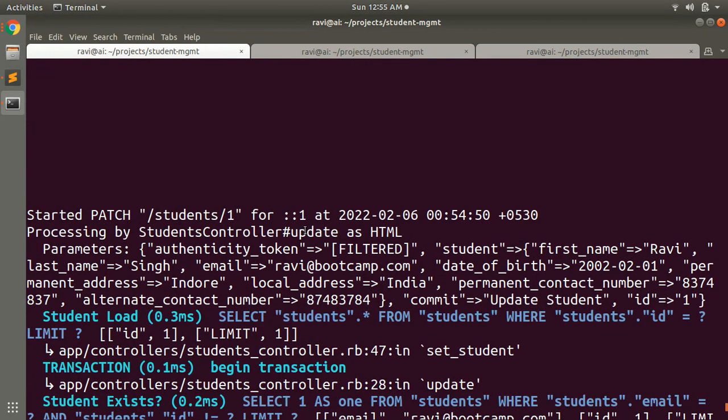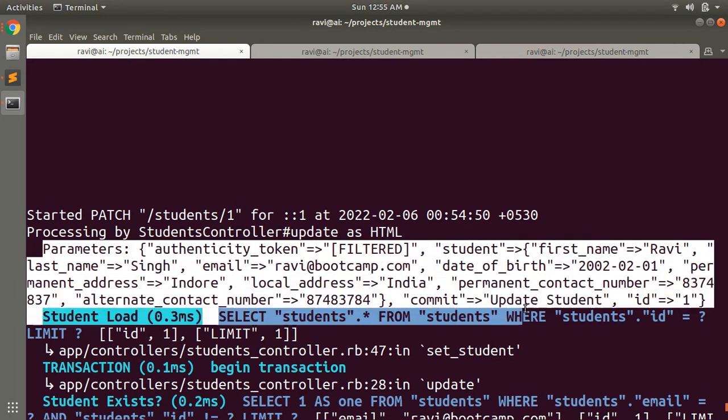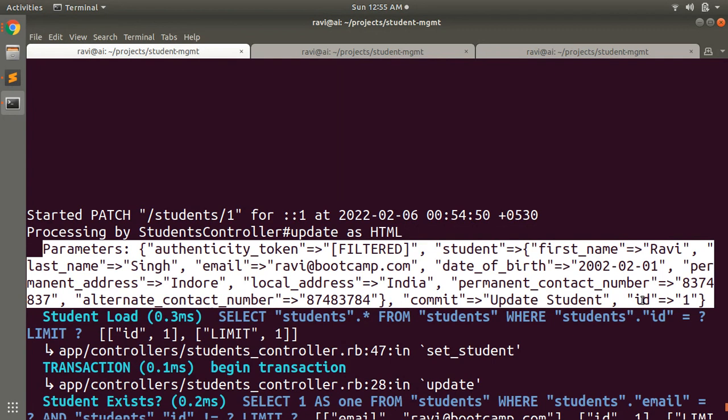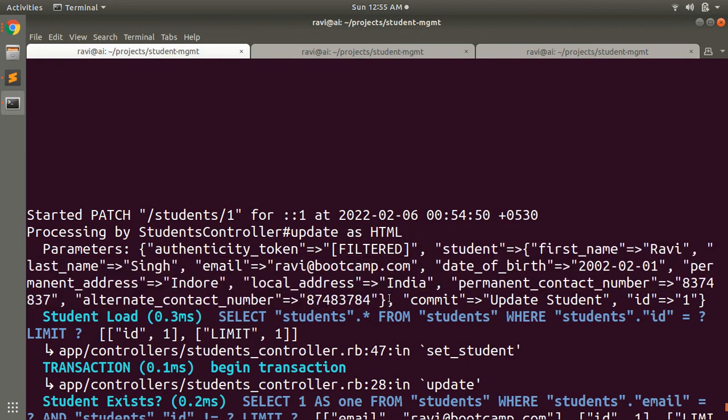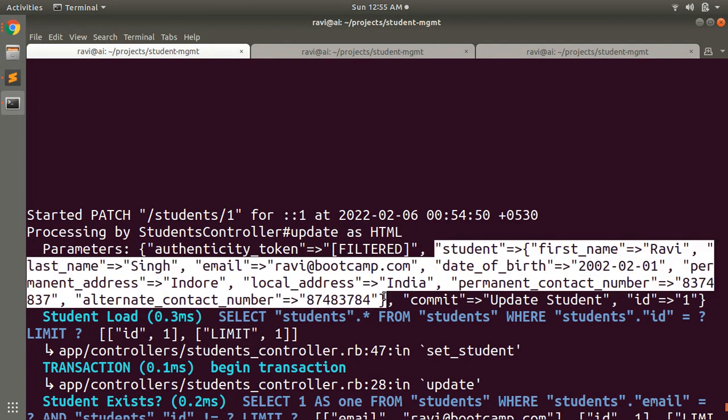Okay, so here you can see that the information has been updated, and now the request is coming at the update action of the students controller, and it is coming with some form parameters. You can see that it is also coming with the id and parameters, authenticity token, and then all the parameter attributes of the student are coming in a hash named student. These parameters are operated in the controller. Whenever you submit a form, your parameters must be considered as strong parameters, because if your parameters are not strong, then you can get a forbidden attributes error. And with the hash name student, you can see that all parameters are available in the params hash.